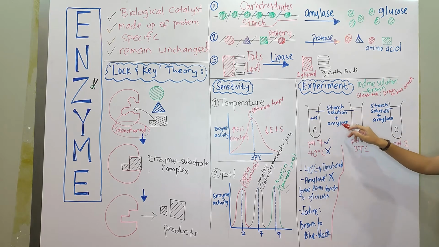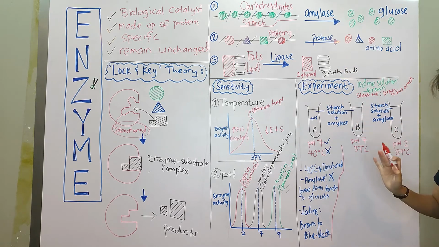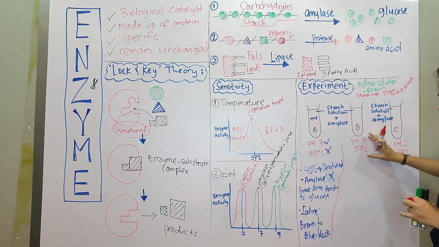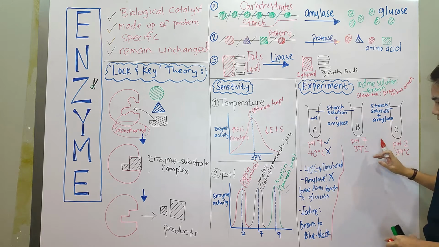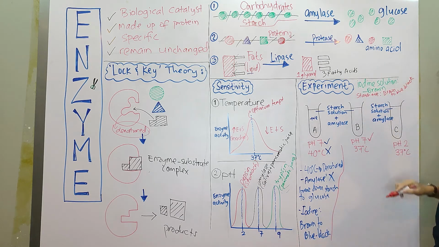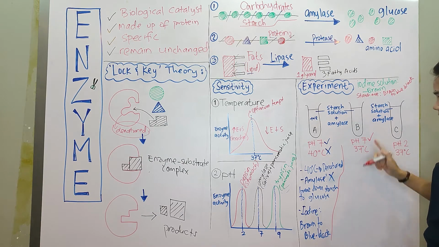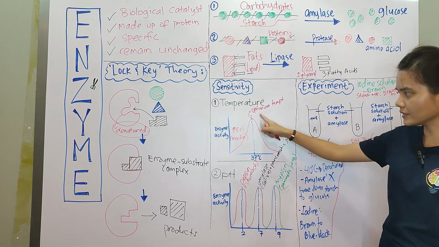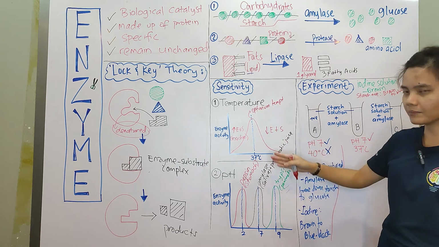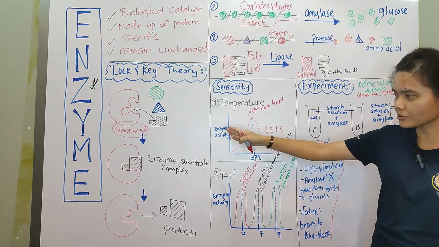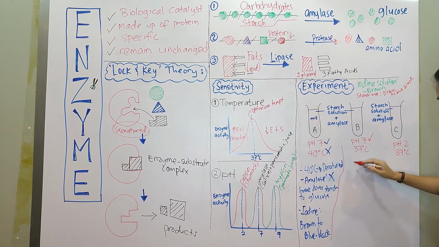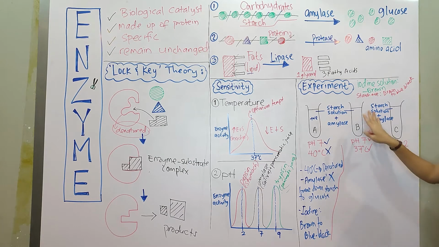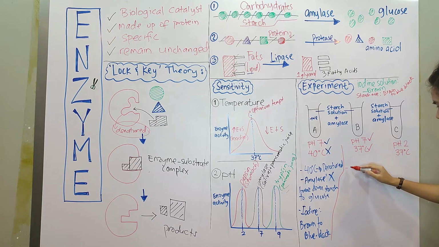Again, amylase and starch. Amylase breaks down starch into glucose. Alright, so again, let's check the parameters, the condition or the environment. pH 7. Amylase works best at pH 7, so that one is a tick. And then 37 degrees. Amylase works at 37 degrees. That is the optimum temperature. So that is the point where it becomes active and binds to substrate and forms lots of enzyme substrate complex and produces more products. So this one is also ticked. Both are ticked, so this is an ideal condition for amylase.